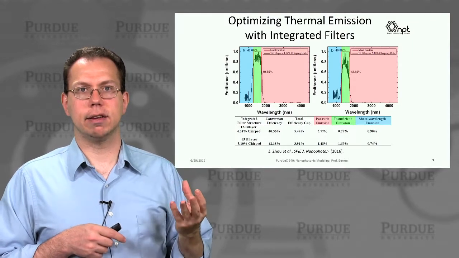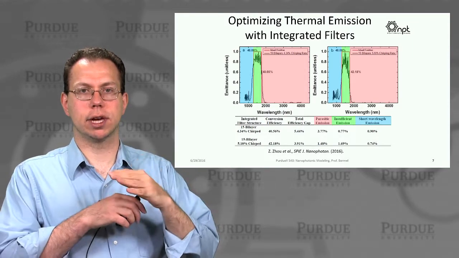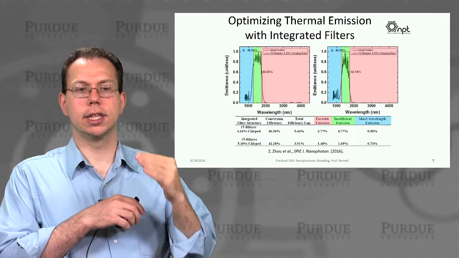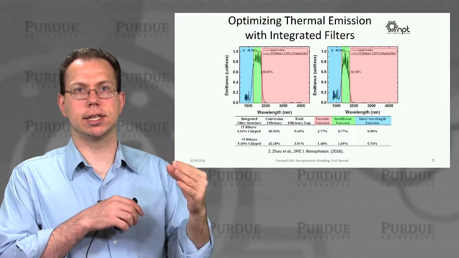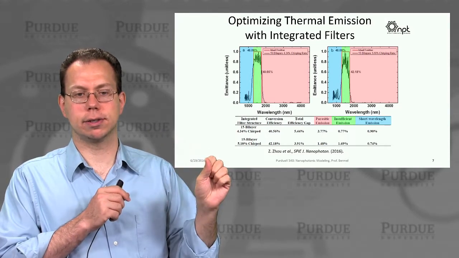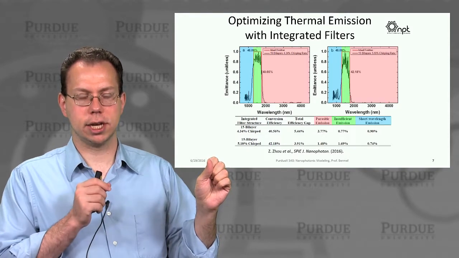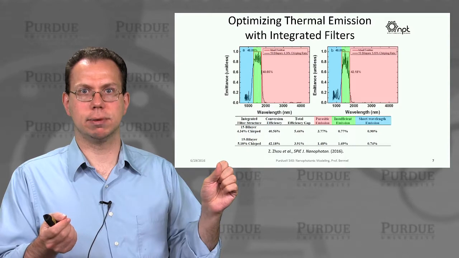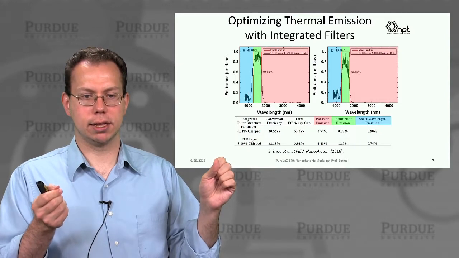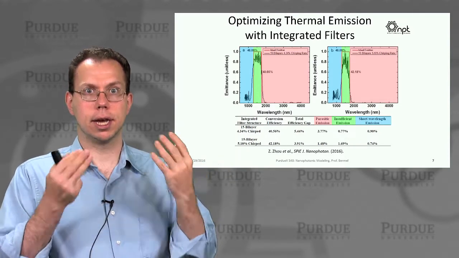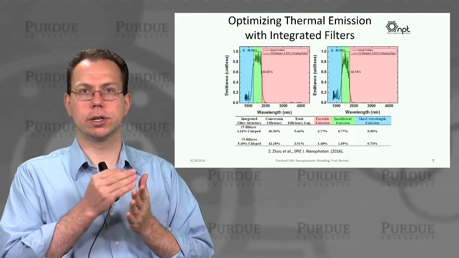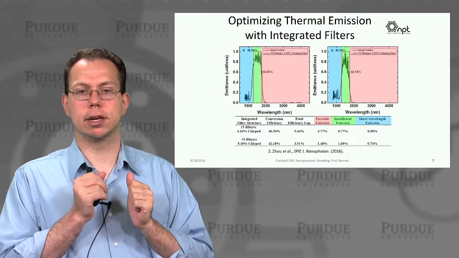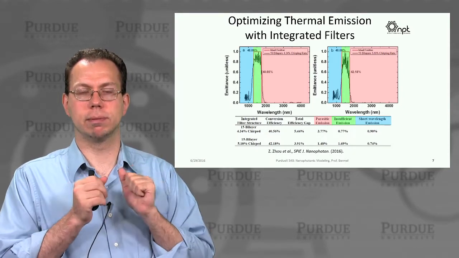And then we said that if you combine these structures with what we called an integrated filter, then you can get even higher efficiencies than would be possible from the photonic crystal structure alone, potentially as high as 46%. And we showed specific structures that should be possible to fabricate that are getting close to that. And we showed that there are other directional emission approaches that could be used for even further improvements in performance.